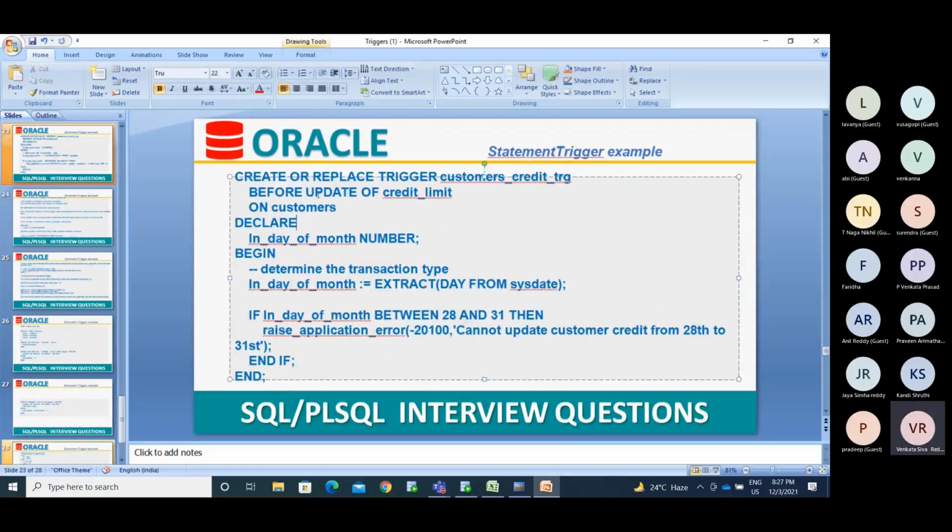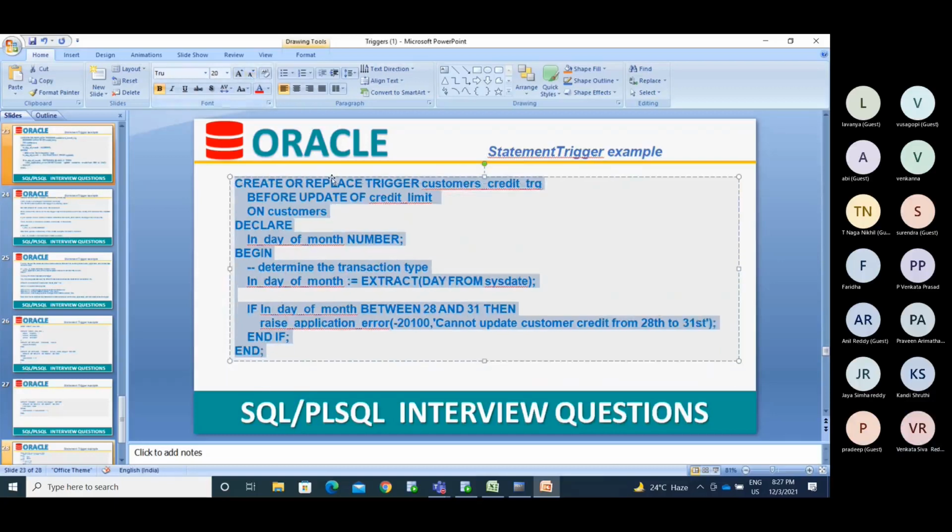See, this is the example. Create or replace trigger, trigger name customer_credit_trigger. So I'm putting the trigger. I have my credit customer table and I'm putting the trigger before update of credit limit.